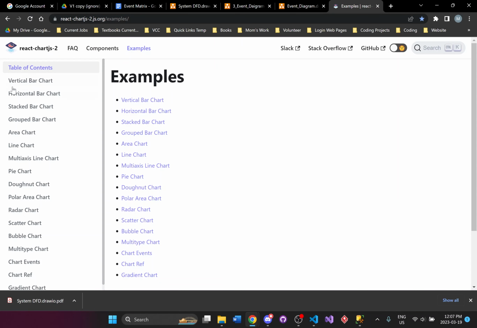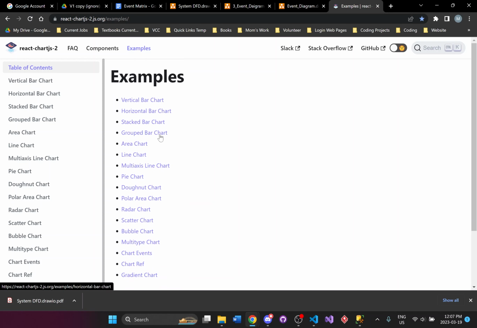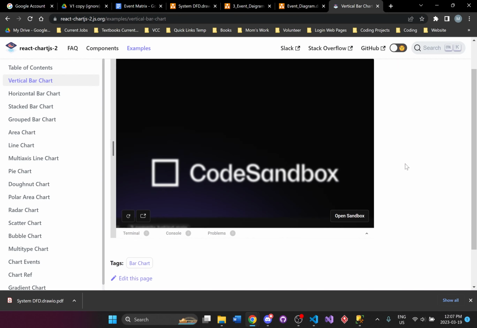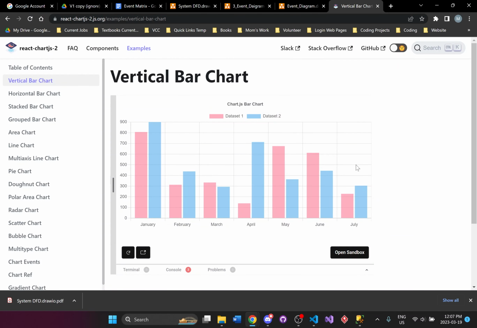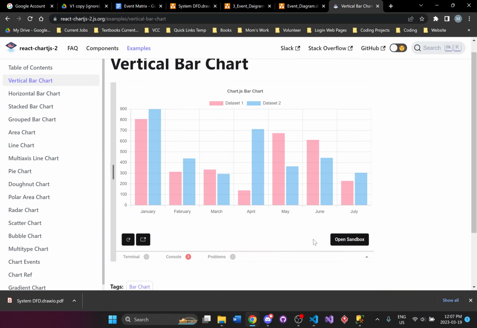And right over here you can see it has documentation for all these different types of charts, and I'm just going to be doing the basic one, which is the bar chart. I think it's just vertical bar chart. Yeah, so we're going to create something like this, and this is a great site to see documentation of the code.